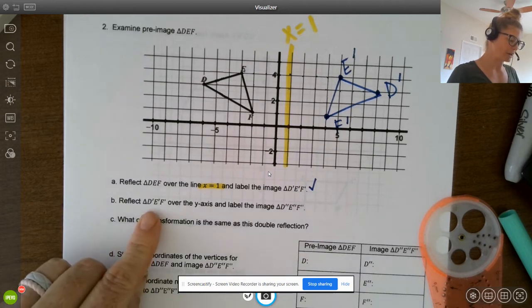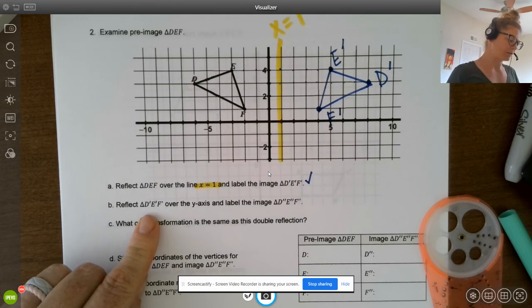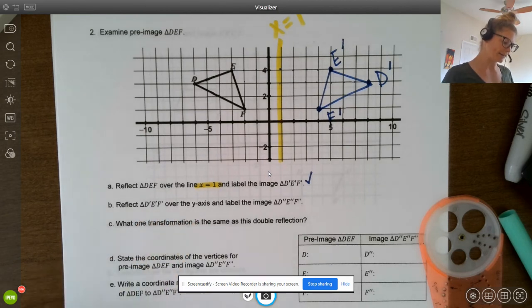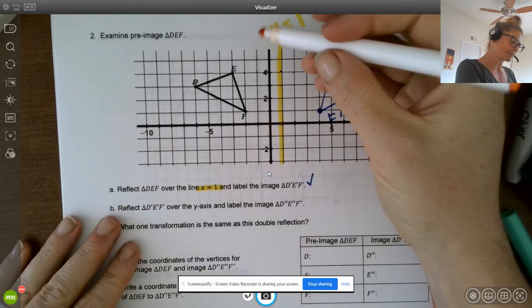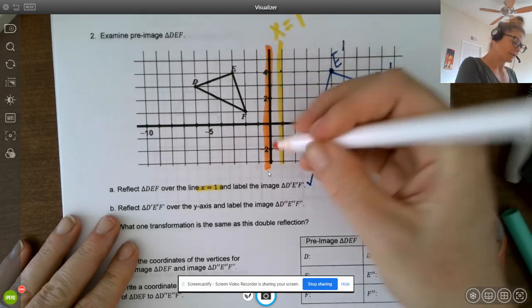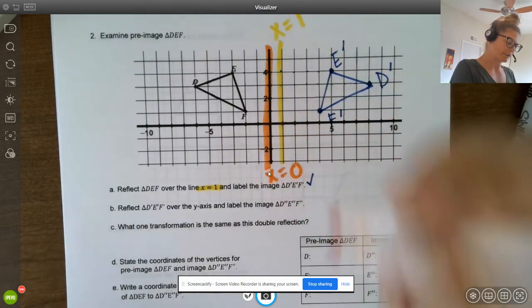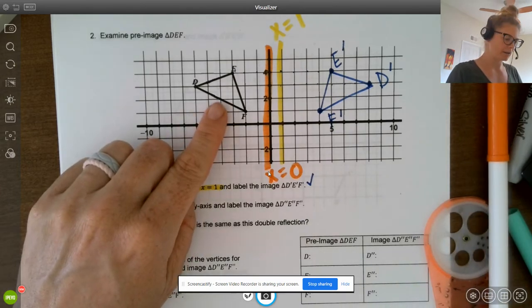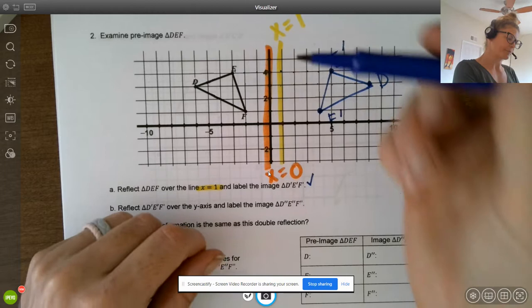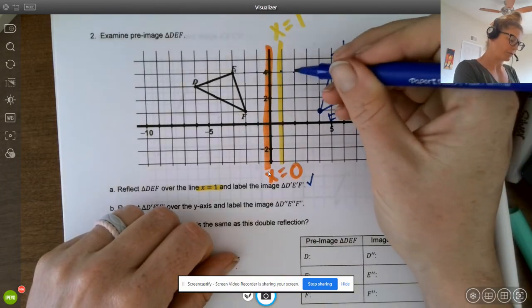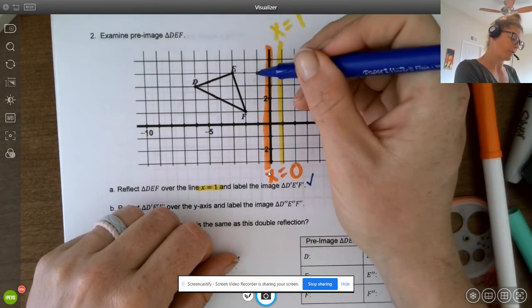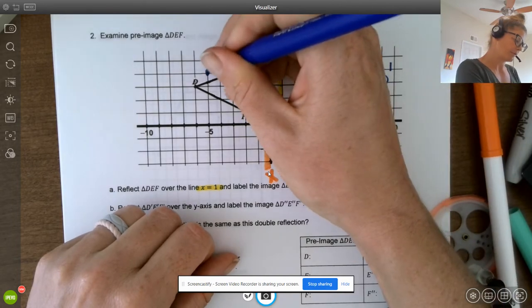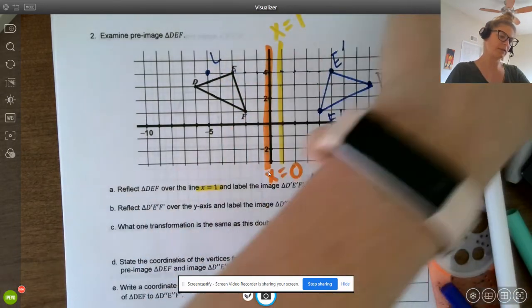Now we're going to reflect our new image, triangle D prime, E prime, F prime over the y-axis and label the image triangle D double prime, E double prime, F double prime. So we're going across the y-axis. And the y-axis, remember, is actually the line x equals 0. So we're not going to end up back on here. We're going to actually end up, if you think about this, 1, 2, 3, 4, 5, we need to go 5 over, 1, 2, 3, 4, 5 to get to